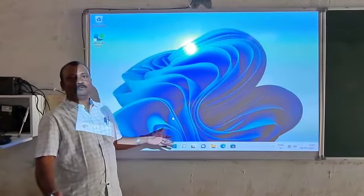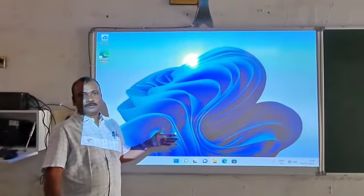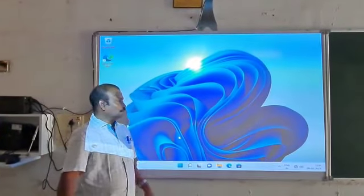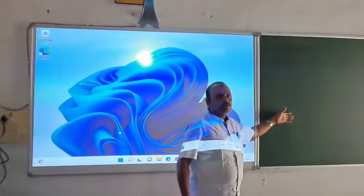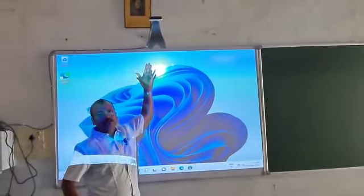This is our new smart board facility in the physics department. A total of 10 smart boards were installed in the college. And regarding this, this is a smart board. This is an additional board to write with chalk. And here is an interactive camera